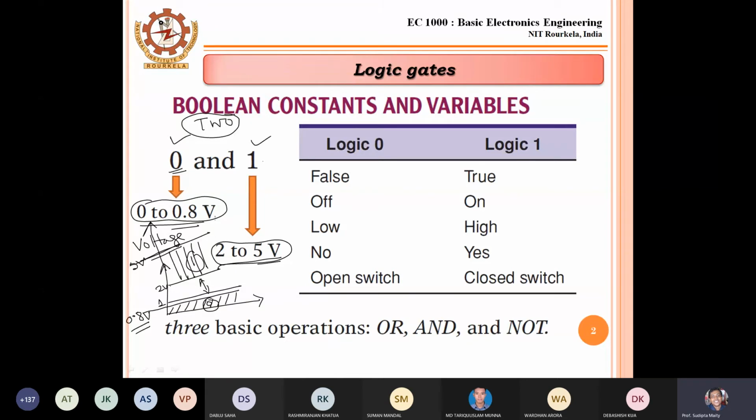If you belong to computer science, electrical, electronics or instrumentation, then I believe you will learn microprocessors or, in future, neurofuzzy logic and other advanced topics. In those topics, this intermediate state is normally defined as a high impedance state. Based on this state, we can also make decisions. But in our simple nutshell, we have logic 1 state and logic 0 state. We do not have the provision to consider this state.